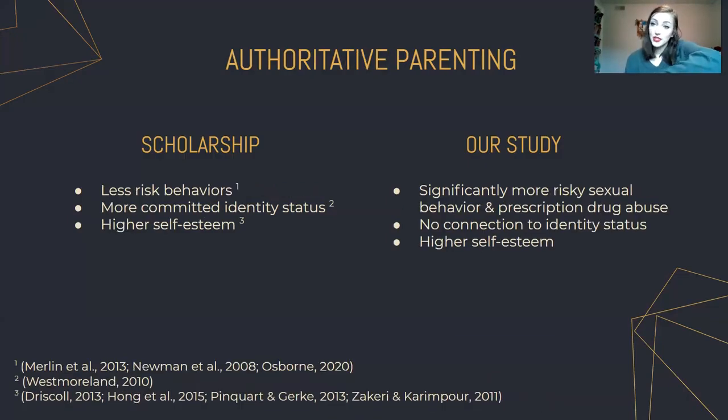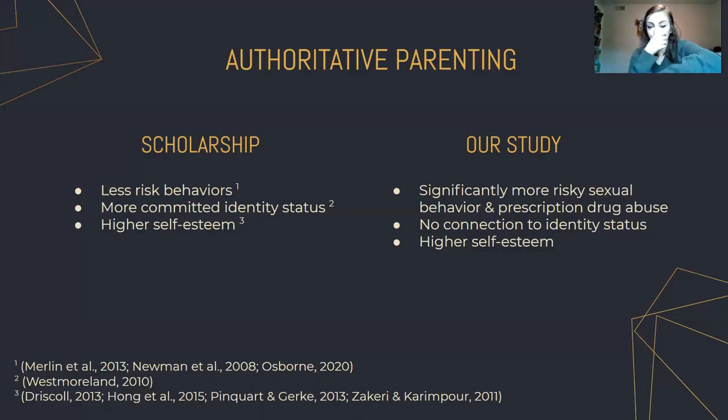With authoritative parenting, the kind of middle ground, ideal parenting we were supposed to be finding according to the scholarship, there were supposed to be fewer risk behaviors associated with this group, a more committed identity status because they had been given more opportunities to explore and find that for themselves, and higher self-esteem because this is a parenting style associated with warmth. In our study, we found significantly more risky sexual behavior and prescription drug abuse in this group. We found no connection to identity status whatsoever, and that higher self-esteem that